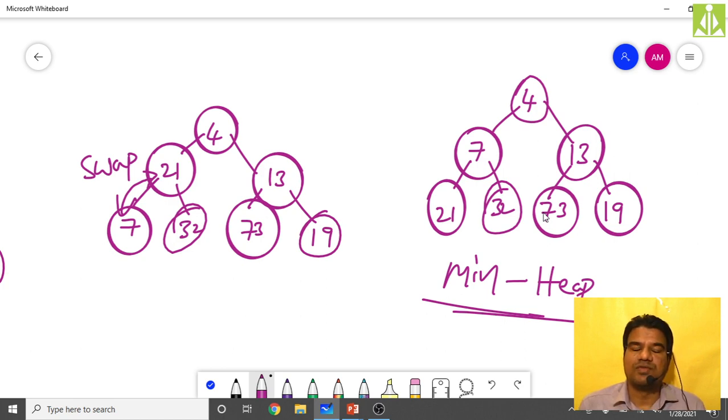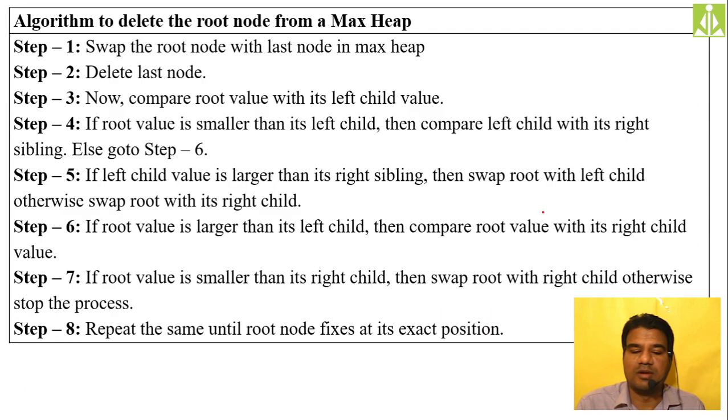See, in your notes we have the discussion on only the maximum heap. We don't have any discussion on minimum heap. When you do the maximum heap, by default you are learning minimum heap as well. In maximum heap we always look for the greatest value; in minimum heap you look for the minimum value. That is the only difference between maximum heap and minimum heap. The implementation, the concept, the deletion, everything we have seen with respect to both the heap data structures, minimum heap as well as maximum heap.